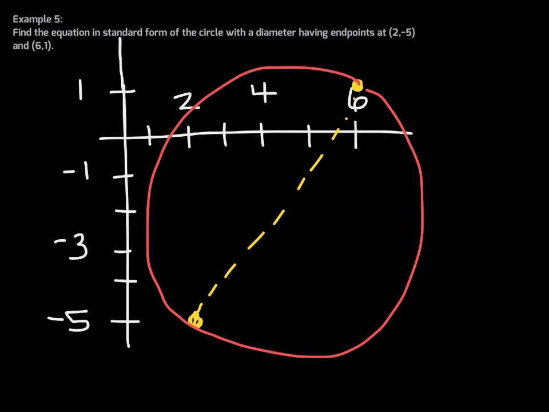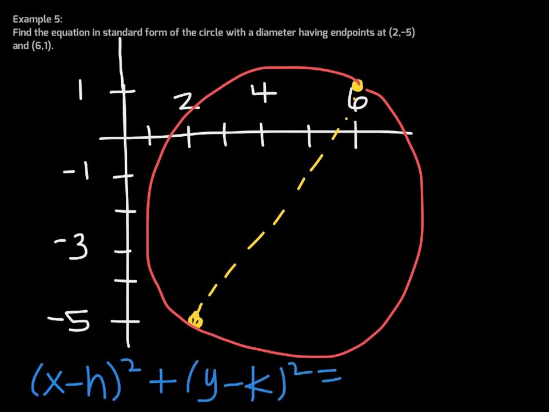So this is the picture they gave us. They want us to find the equation in standard form. Now, what two things do you need for the standard form of a circle? Well, we know that our final answer is going to look like this, right? This is standard form for a circle. So I hope you see that the two pieces of information that we need is, number one, we need to